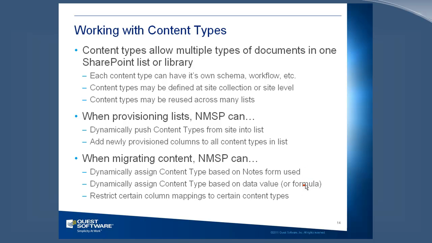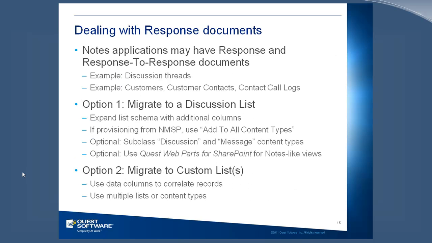And then you can also, with that applies-to feature that I showed you before, restrict certain column mappings to certain content types. So you could say, I want the categories field to map, but only if we're mapping to a certain content type. Now, we also have some good support for discussion threads, and we've already talked about how we can migrate